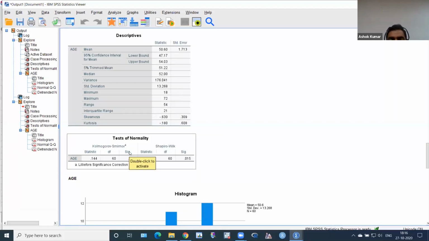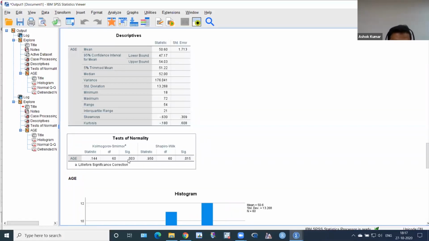So remember in SPSS, you will see significance, SIG, that is the p-value every time. In every test, parametric or non-parametric, SIG two-tailed. One-tailed, we have to prefer two-tailed. If there is no tail mentioned, it means it is two-tailed by default.